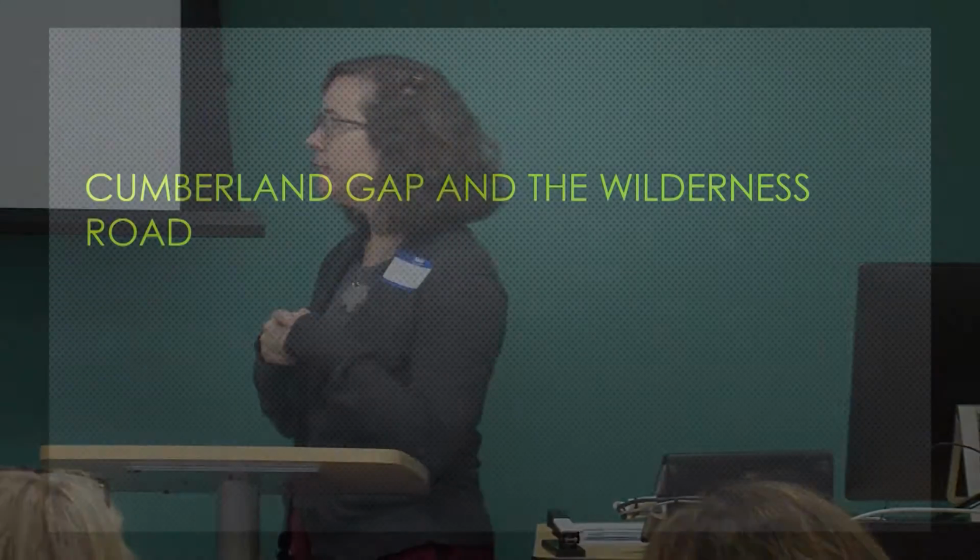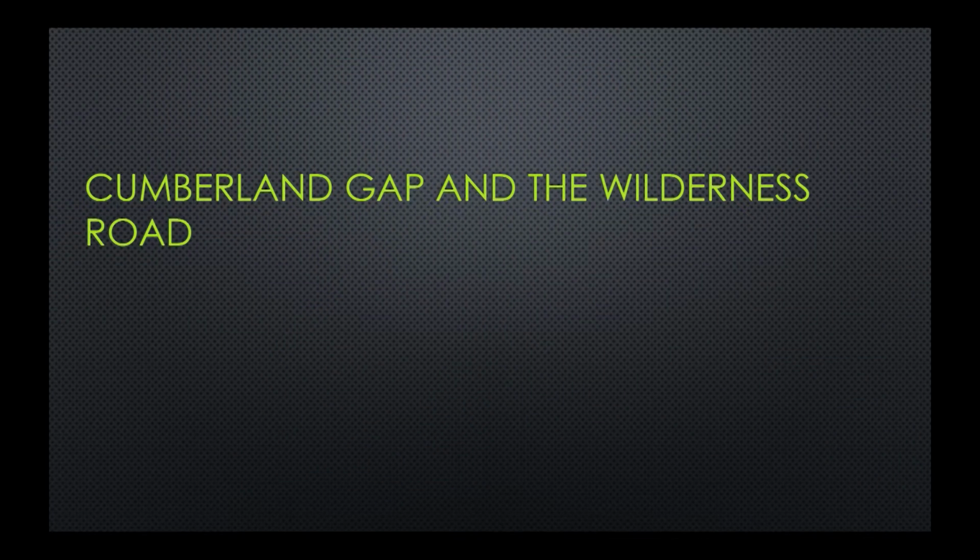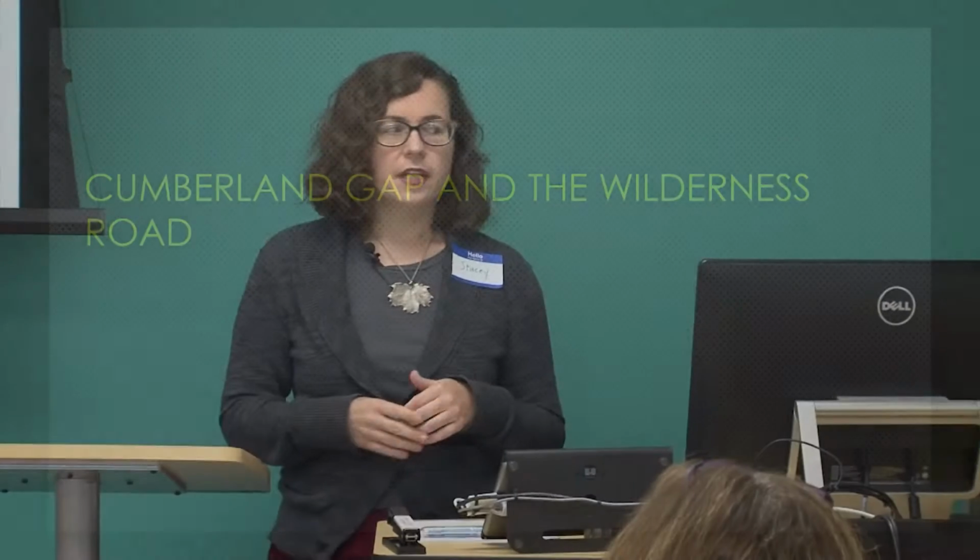Time for our first activity. Now that we have geography and maps of early Tennessee on the brain, this is great because we're going to take a more in-depth look at a couple different ones. So we're going to talk about Cumberland Gap, Wilderness Road, and their impact on early settlement. And Library of Congress doesn't have a whole ton of primary sources on those things. Now it does have sources that were created after that time period that we're talking about. So those aren't exactly primary sources for the 18th century, but we'll bring that up later too.